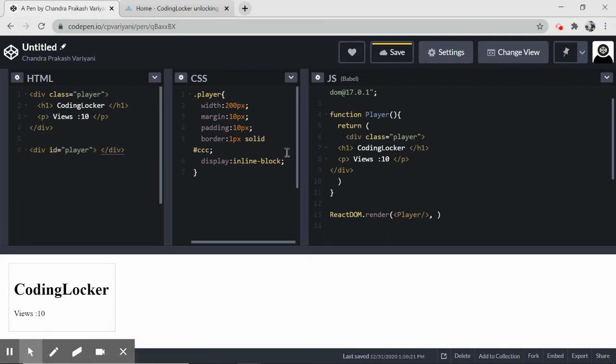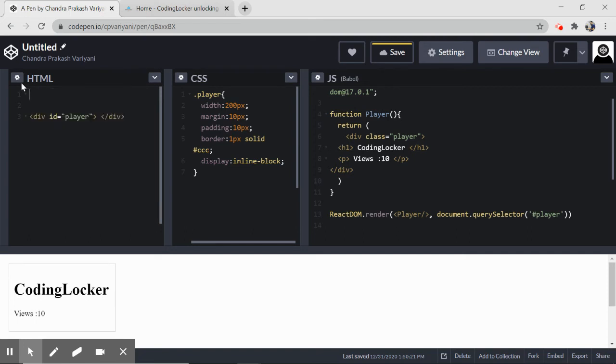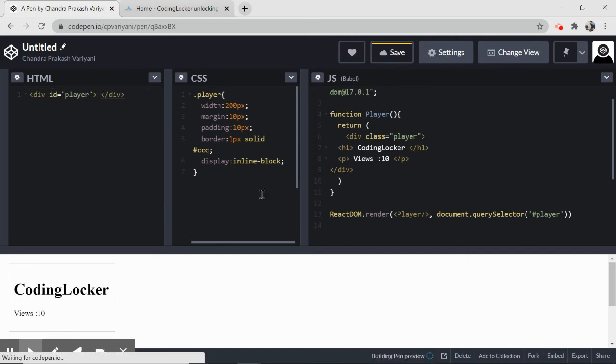Let's suppose player. So with query selector hash player, I want to render my player to this location, right? If I now scroll down, you can see we have this. So we do not need to repeat this. Simply we have added this.